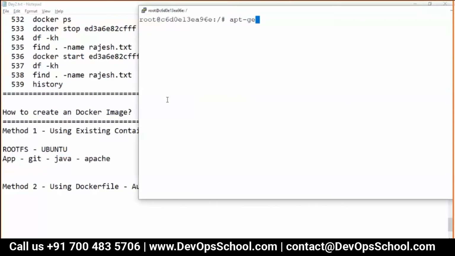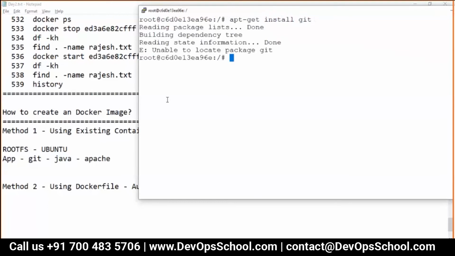You can install it manually also, by downloading the directory and so on. But apt is a package manager which is very popular in Ubuntu. In RHEL we use yum, in Ubuntu we use apt-get. So here I'm using apt-get install git.